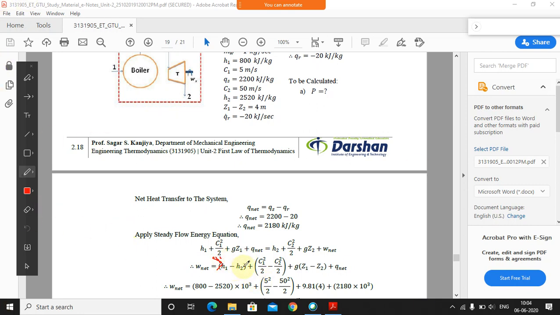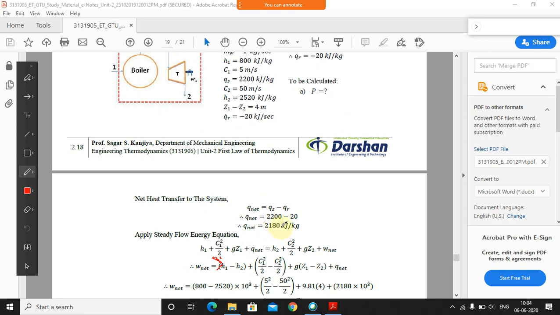Then H2 is given as 2520, so just put the value 2520. C1 is given as 5 meters per second. C2 is 50 meters per second. G is 9.81 into Z1 minus Z2, the elevation difference, which is already given as 4 meters. So you can put 4 over here, and plus the total heat supplied, that is